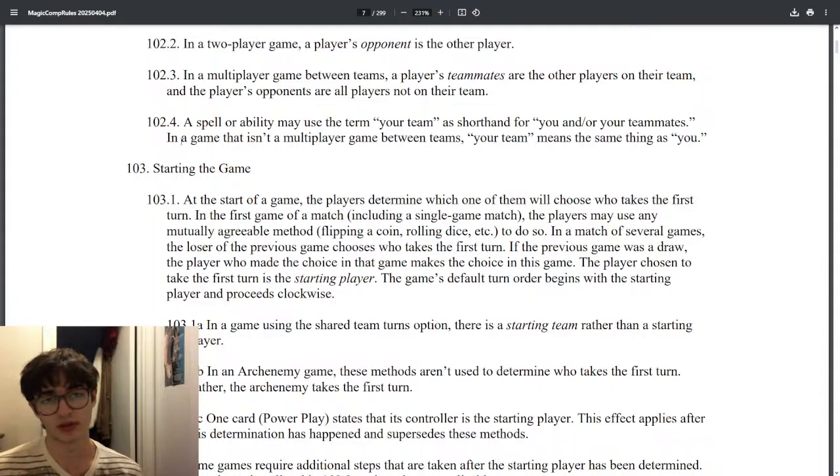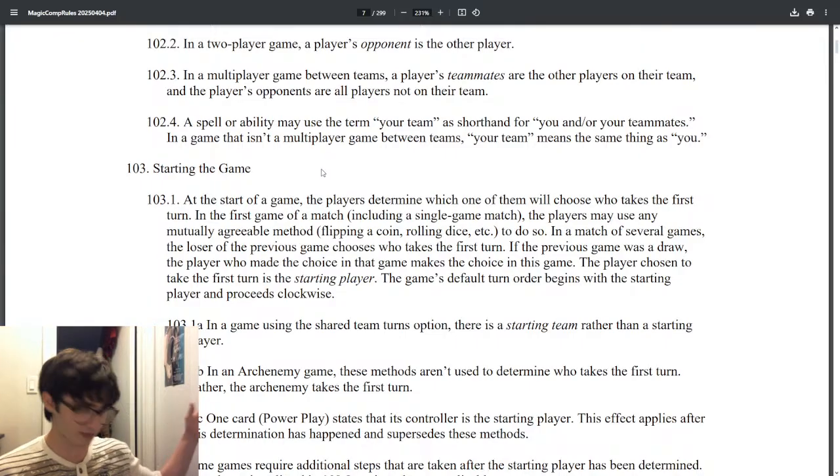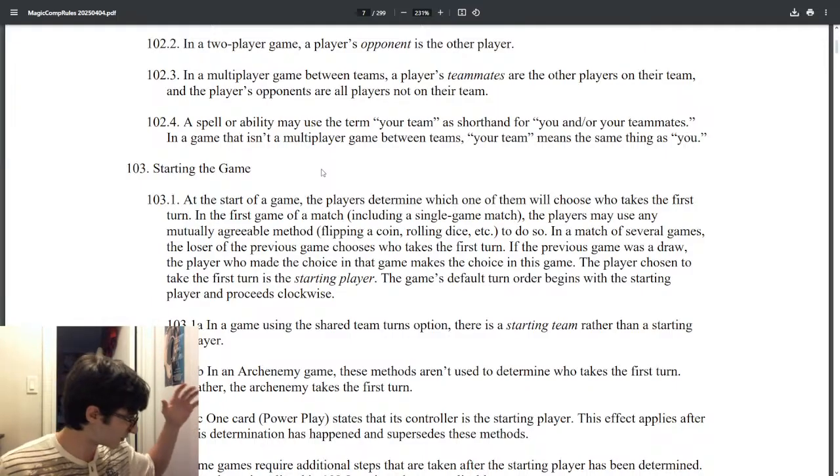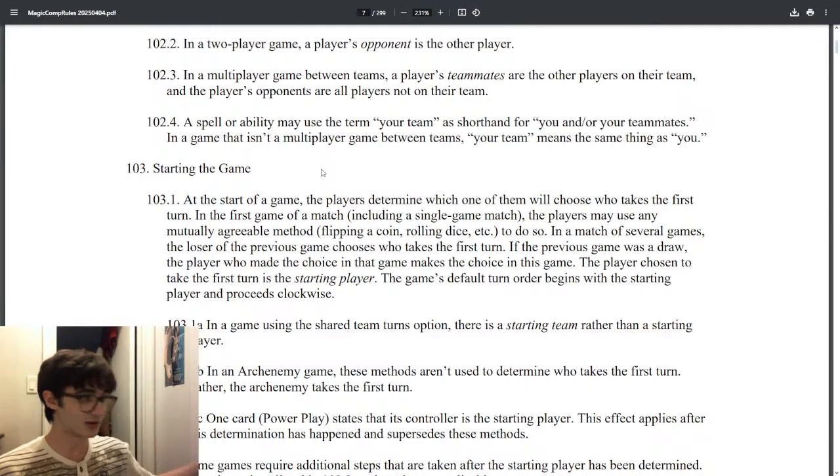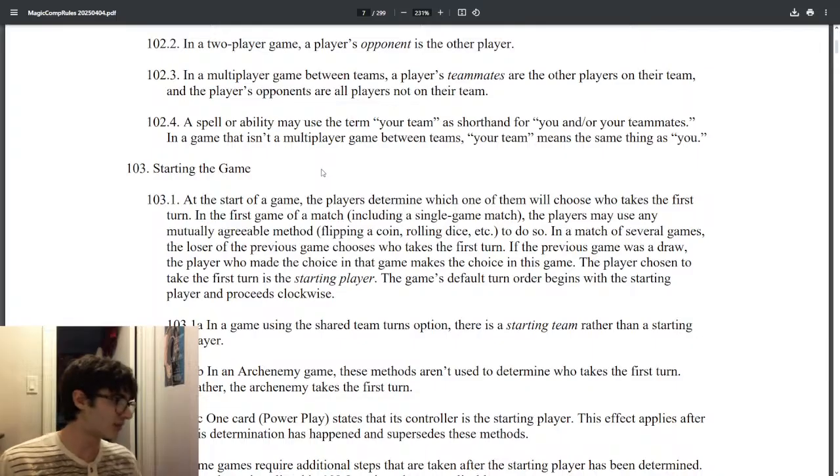Just so you know, you don't get to choose who your teammate is. It's everybody who is implicitly on your team from the start of the game. If you've decided among friends that you are going to be playing a 2v2 game, then it is well known that you have teammates. But you cannot in the middle of the game decide, oh, I really like you, Billy, because you let me draw a card off of Rhystic Study. You didn't pay the one. You're my friend now. You're not my opponent. It doesn't work that way.